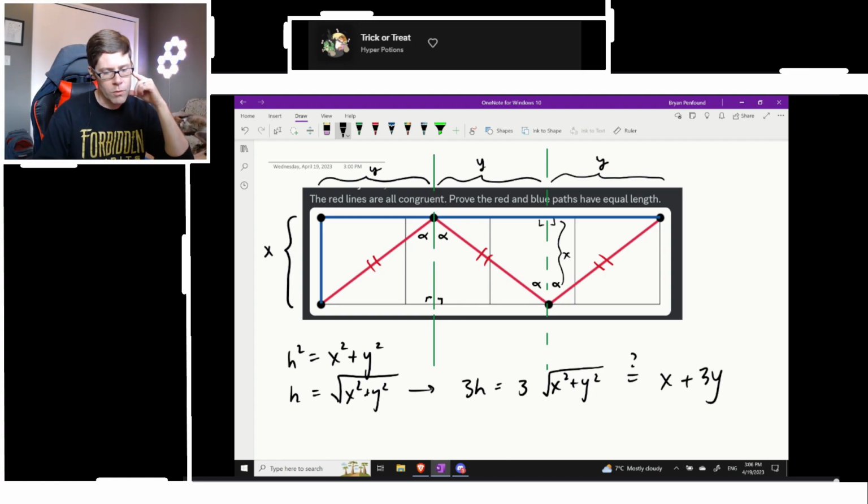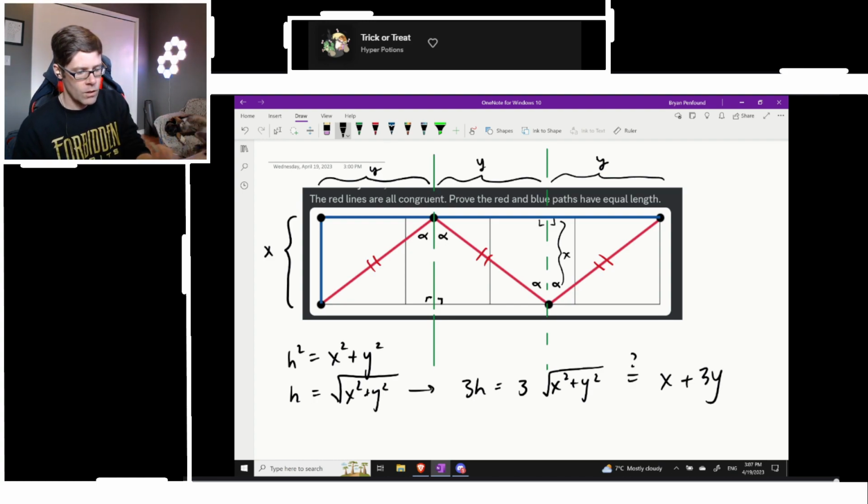So prove that the red and blue paths are equal. So we have 1h is given by the square root, and x plus 3y will get us over to there. Yeah, okay, I think that's right. Uno, dos, tres. So if that's the case,